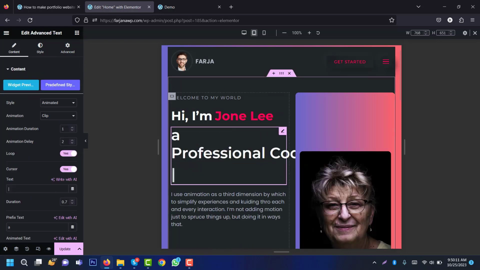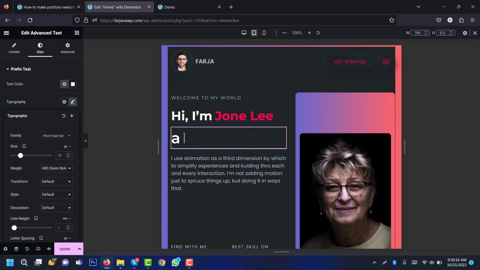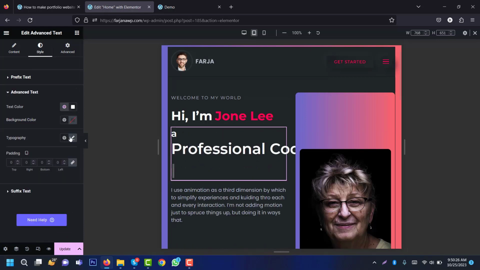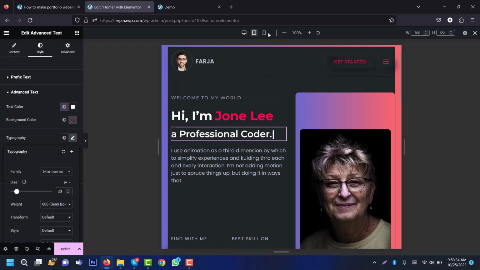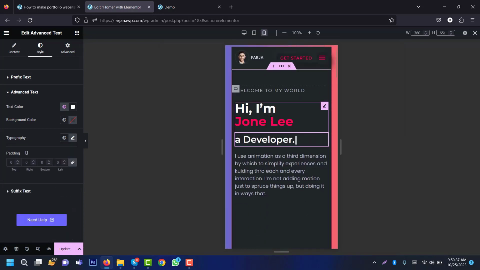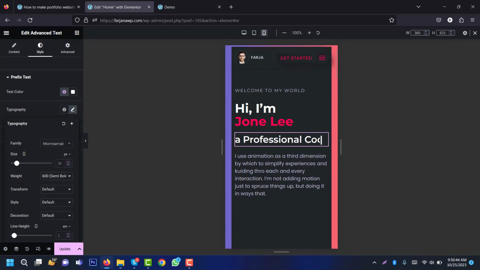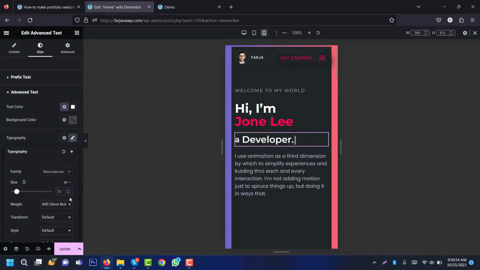And for the advanced text, going to style tab, prefix, making the size 30, and also advanced and making the size 30. And if I go for phone, for the first one looks okay. For the second one, for prefix, making the size 25, and for the advance, making it the same size,